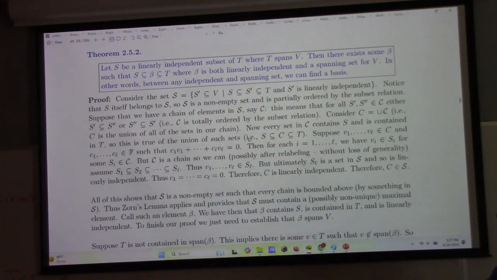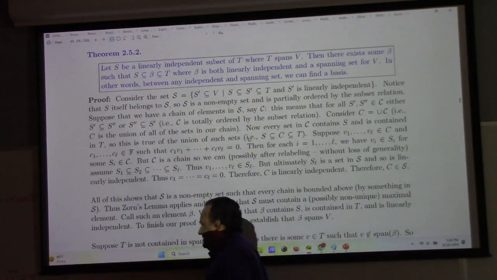We consider the set which basically is sets which contain S and are contained by the spanning set. So the spanning set T,